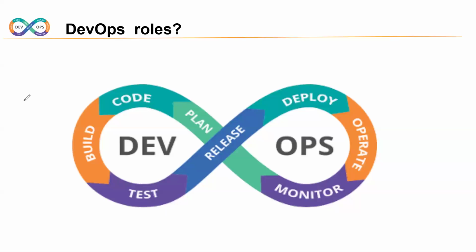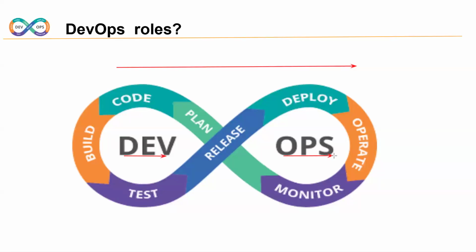But to be frank, we are not doing any coding. We are not writing any code. We are not writing any test cases. We are just implementing an automated DevOps transparent pipeline from the dev environment to operations. What is the role and responsibility? Implementing an automated DevOps transparent pipeline from dev to operations. This is exactly our DevOps process.